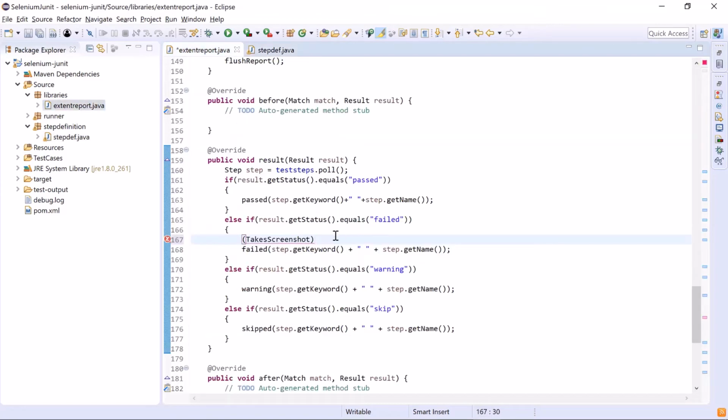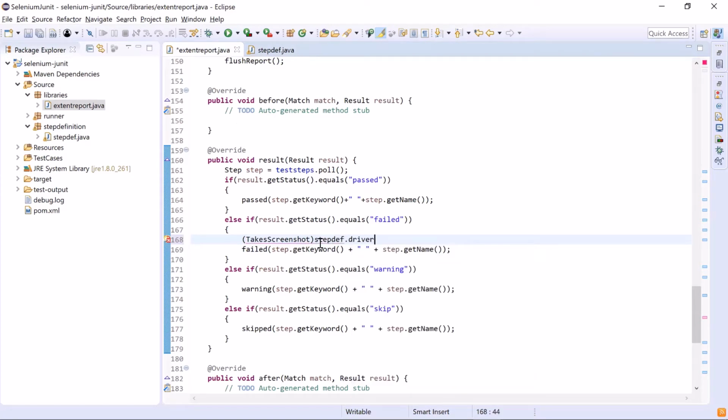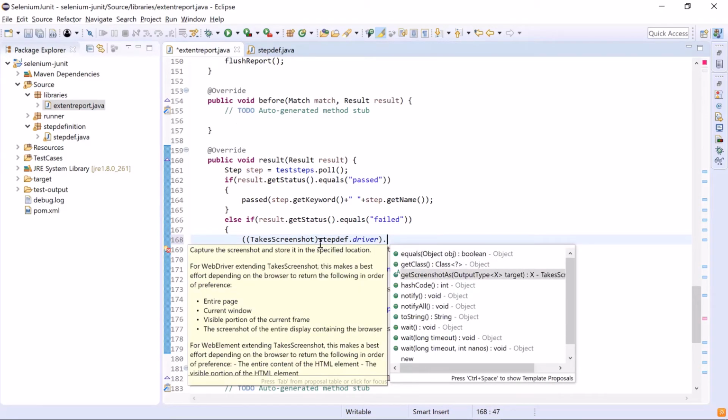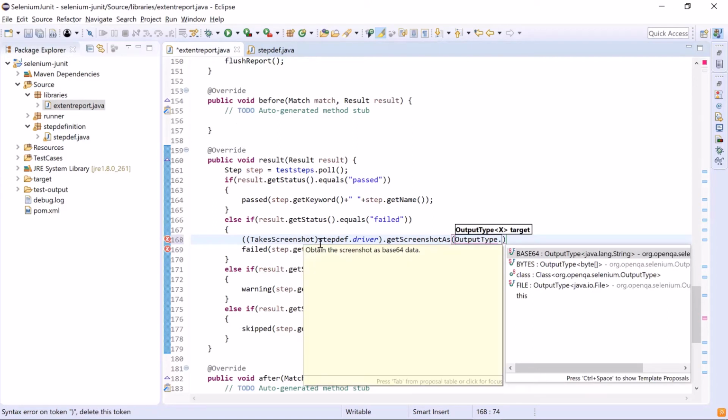Let's get back to the Extent report class and then type stepdef.driver. And after that, use getScreenshotAs as a method to capture the screenshot. After that, you can specify the target using the output type, that is, in which format you want to get the screenshot.